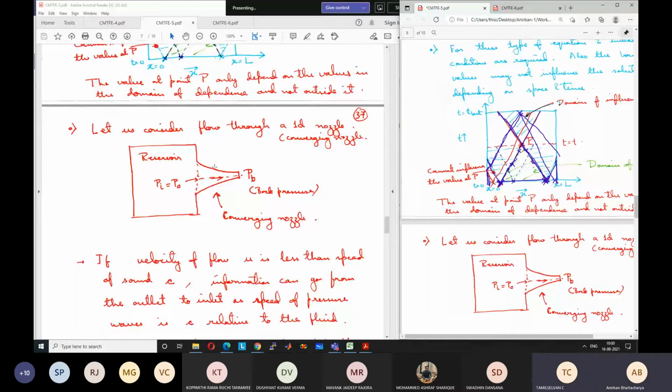Speed of sound, right? So now if the fluid itself is moving with the speed of sound at that point, the information will travel relative to the fluid at the speed of sound, but the fluid itself is moving forward with the speed of sound. So from a general reference point outside the frame, what is the speed at which the information is traveling to the backward region? With respect to the fluid, it is traveling at the speed of sound, but the fluid itself is traveling forward at the speed of sound during choked condition. So how fast is the information traveling in the backward direction from the inertial reference point?